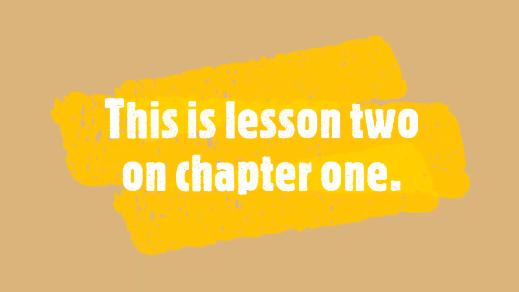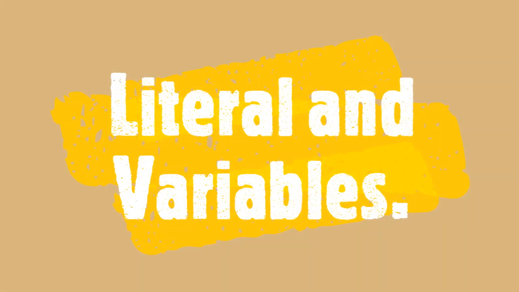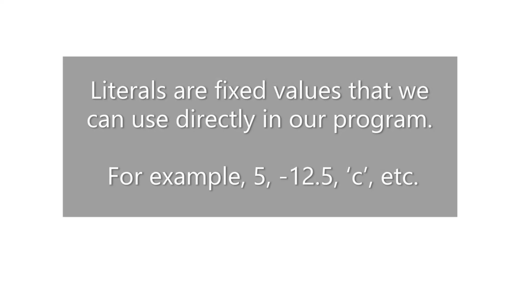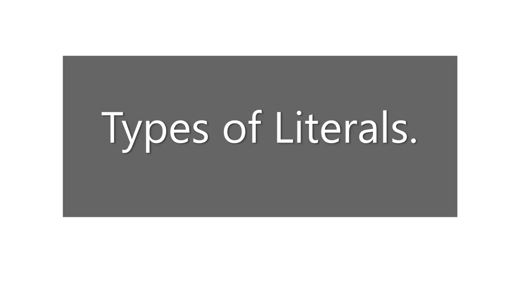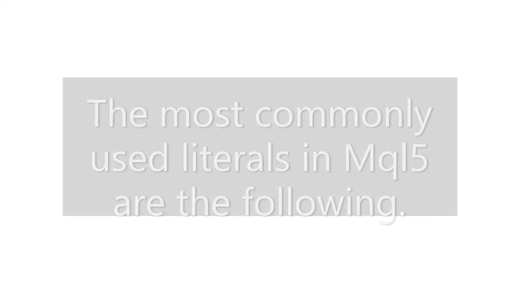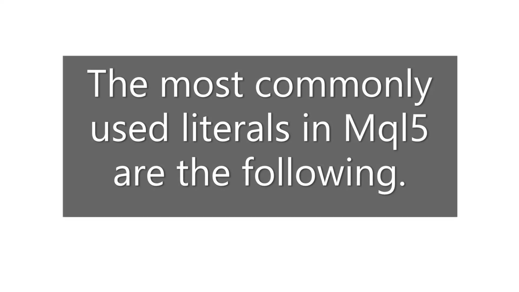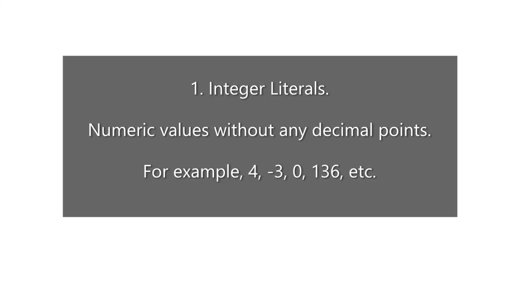This is lesson 2 on chapter 1. Literals and variables. Literals are fixed values that we can use directly in our program. For example, 5, minus 12.5, c, etc. Types of literals. The most commonly used literals in MQL5 are the following. 1. Integer literals. Numeric values without any decimal part. For example, 4, minus 3, 0,